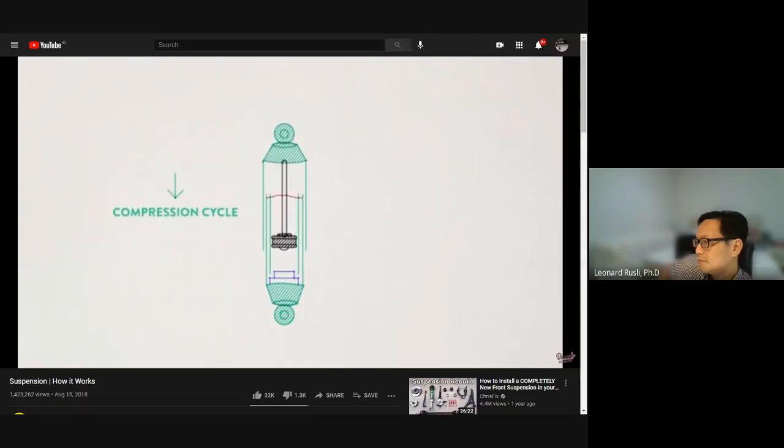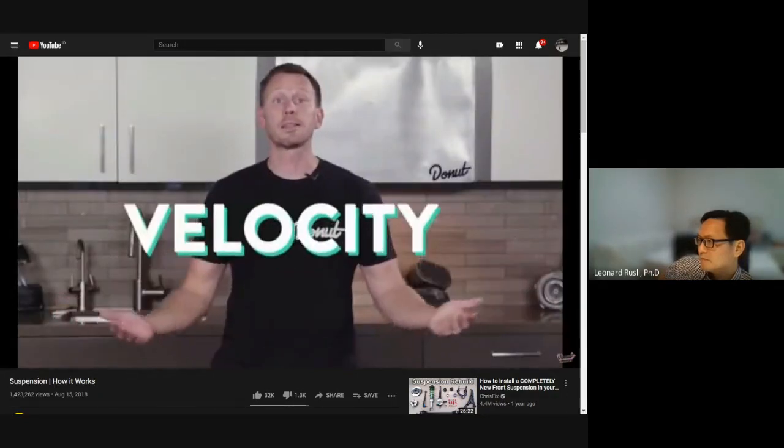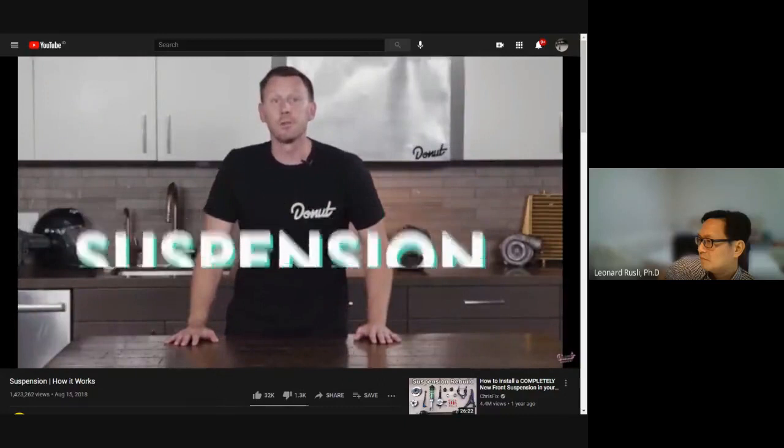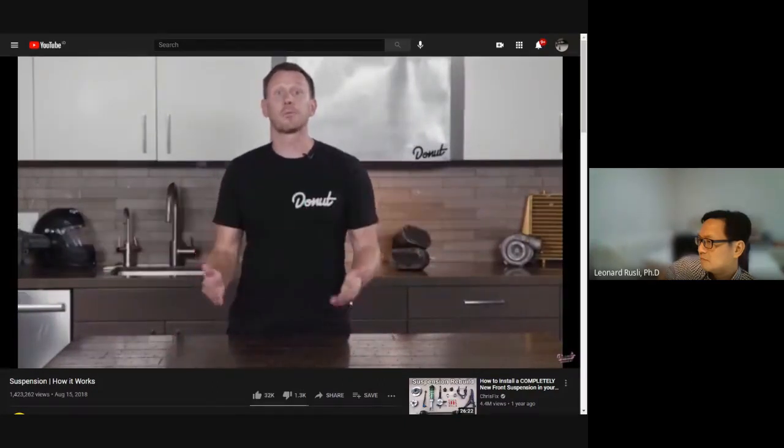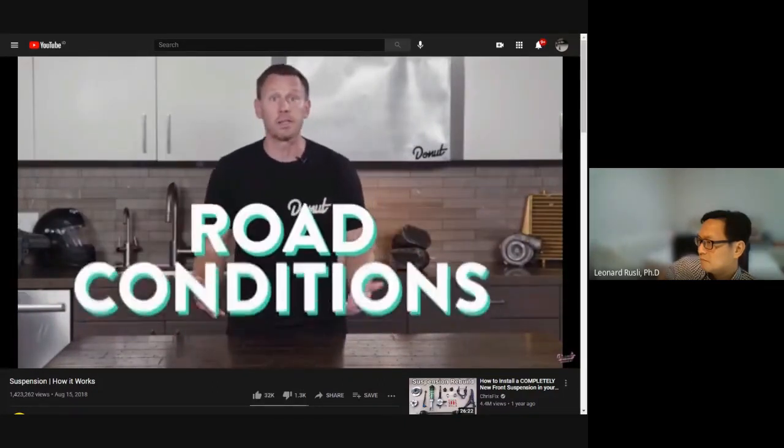The compression cycle, when the piston moves down, compressing the hydraulic fluid in the chamber below the piston, and the extension cycle, when the piston moves toward the top of the pressure tube, compressing the fluid in the chamber above the piston. All modern shock absorbers are velocity sensitive. The faster the suspension moves, the more resistance the shock absorber provides, so they can adjust to road conditions and